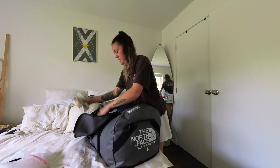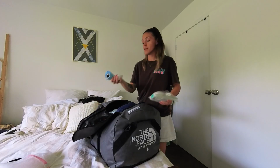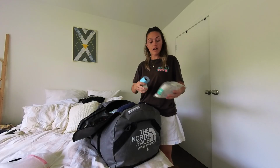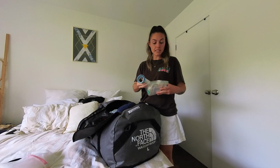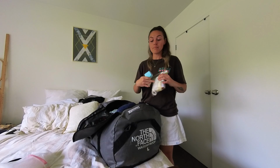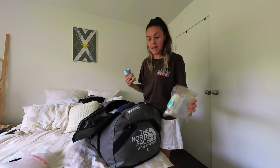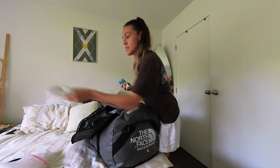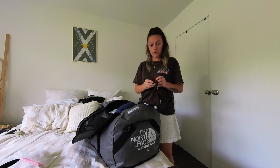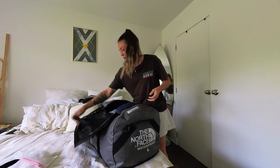First aid kit here. Thankfully didn't have to use most of it. All of my strapping tape is pretty much gone. I used the scissors to cut up my strapping tape. I used plasters, and I used a little bit of Nurofen as well. Oh, and blister plasters from Wool Aid. Ride or die, love those. First aid kit, that's going back in my hiking bag. Headlight, I gotta find the batteries for those. Pass for now. Notebook,